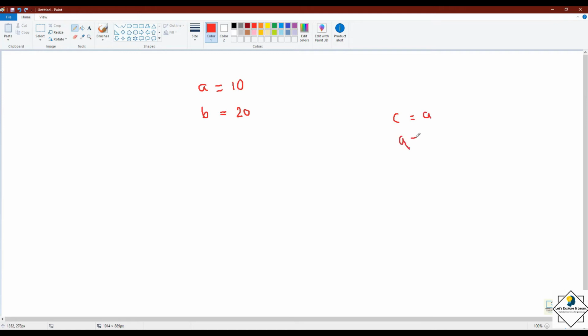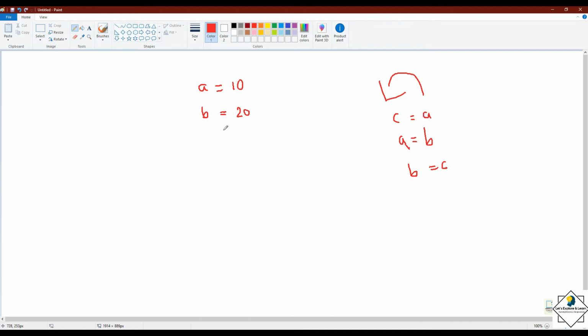Always remember the value goes from right to left. So if I have written C equal to A, means the value will go from A to C, from right to left. Value always goes from right to left.